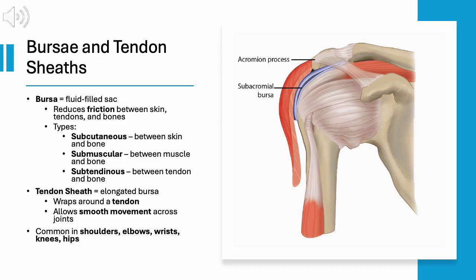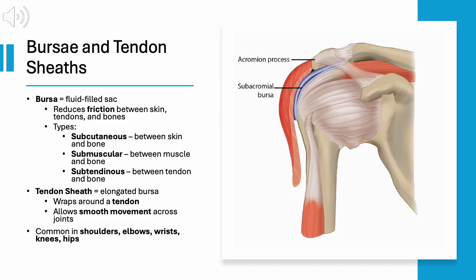A subcutaneous bursa is found between skin and bone, like the prepatellar bursa over the kneecap. A submuscular bursa is between a muscle and a bone, or between two muscles. One example is the trochanteric bursa of the hip. A subtendinous bursa lies between a tendon and a bone, like the subacromial bursa in the shoulder, which protects the